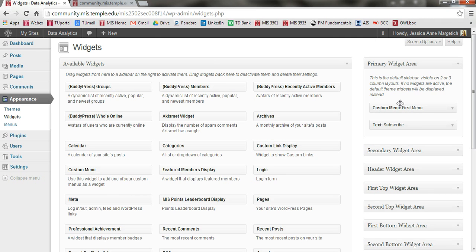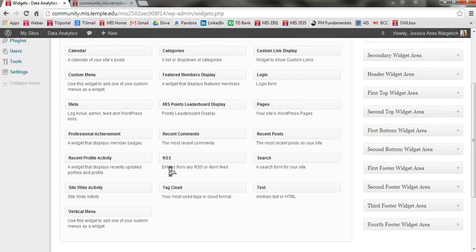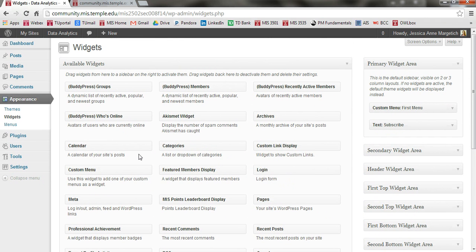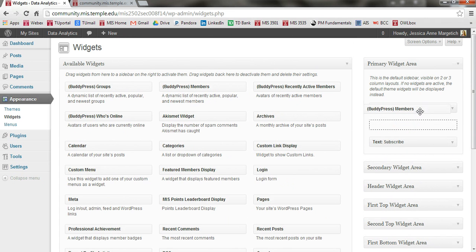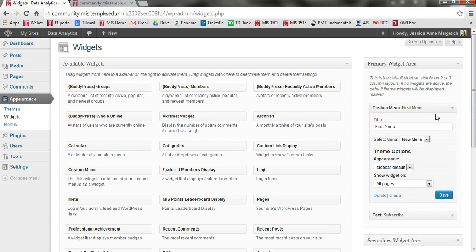So you can see the first one is Custom Menu for me. For you, it's probably Vertical Menu, which is essentially the same thing. So everything in the center available widgets you can drag and place into the primary widget area or anywhere else in these selected widget areas. So I moved over a Custom Menu, and you can click on your vertical menu and it will say the same thing. You can title your menu, so I'm going to change this to